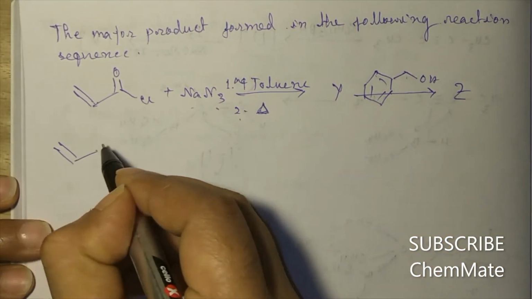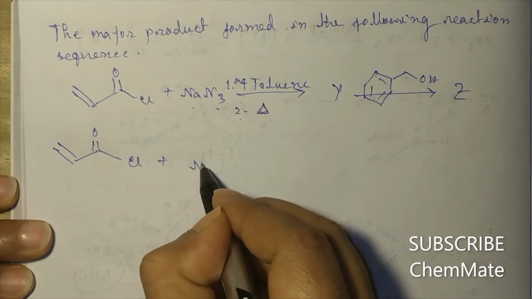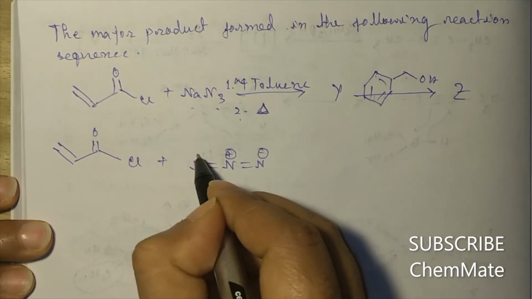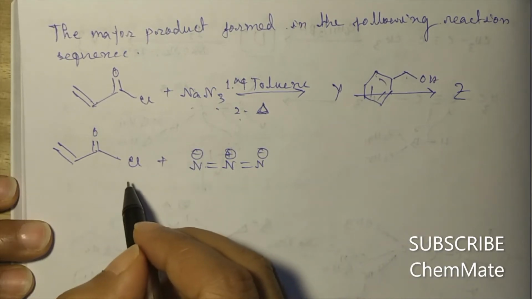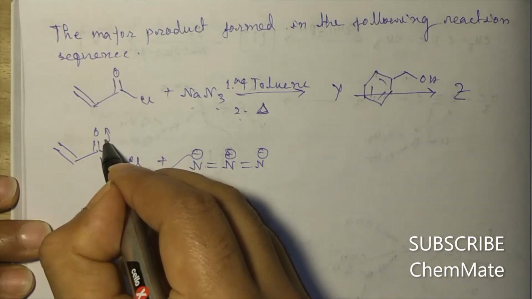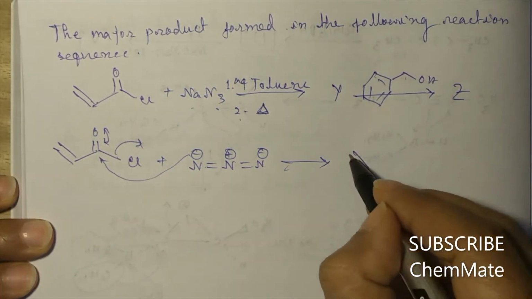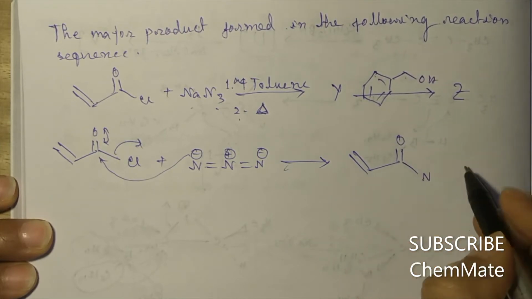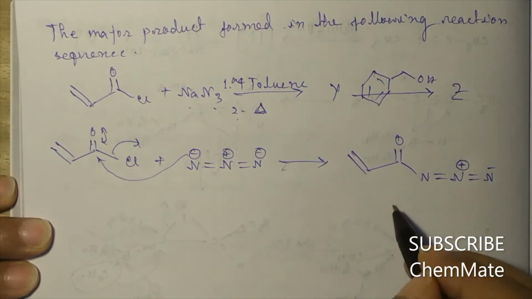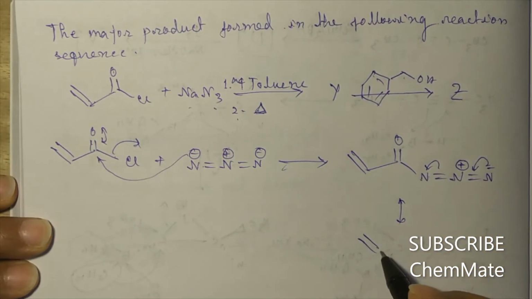As we know here that this is an acyl chloride plus this is a nucleophile. So here substitution via nucleophilic addition elimination will take place. That is, the nucleophile will attack this electrophilic center and Cl will remove. So the product will be this. The resonance structure, this is